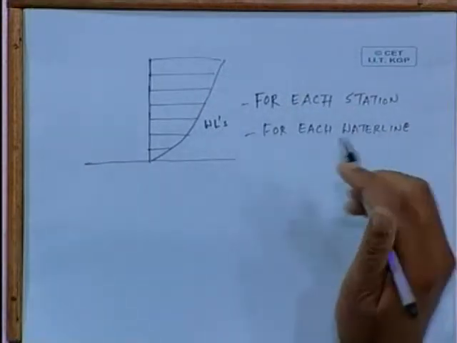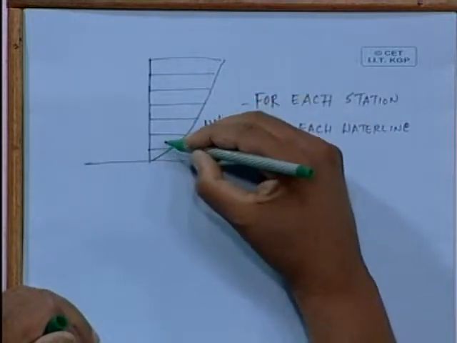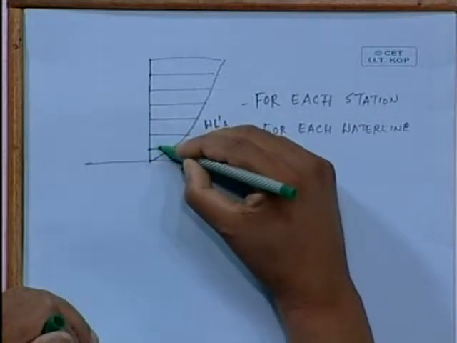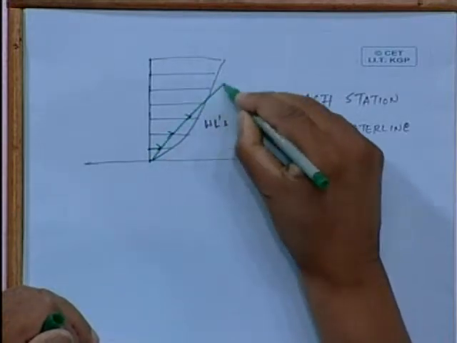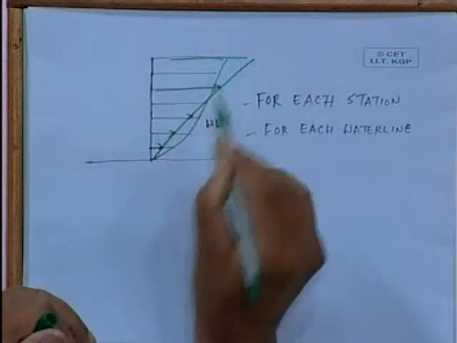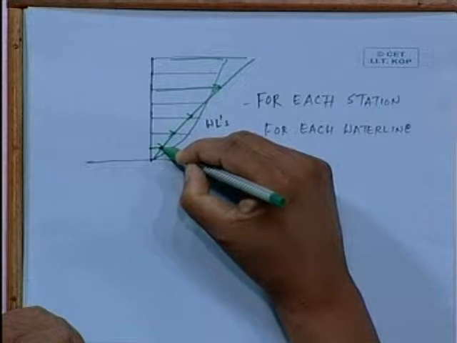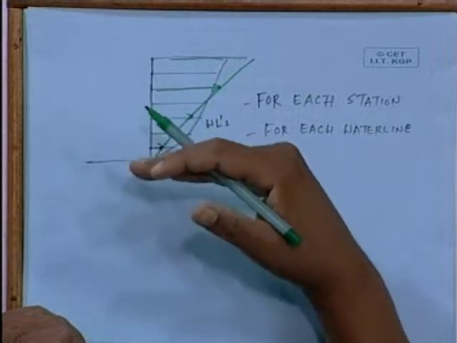Then let me say that I have done the calculation. Let me say the area that I have found out is, this will be 0 here. Let us say this is my area, this much is my area. Say here this much is my area, here this much is my area in some scale. So I plot this. Okay, that means I am plotting here the section areas. So like that I get a section area curve because I have calculated section area up to this level, up to this level, up to this level, etc. For each level, say up to 1 meter or up to 2 meter, 3 meter, 4 meter, I have calculated